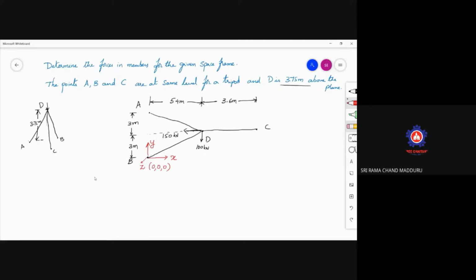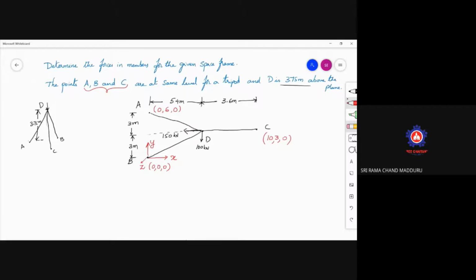Okay. Now coming to A, just understand, can any one of you tell me, we have studied in our maths a simple coordinate system only. This x-axis, this is 0, but y-axis is 6 meters. So 0, 6. Z-axis, it is mentioned that A, B, C are at the same level. So same level means Z-axis, there is no height. This is 0. So 0, 6, 0. Now coming to C, can any one of you tell me what are the coordinates for C?